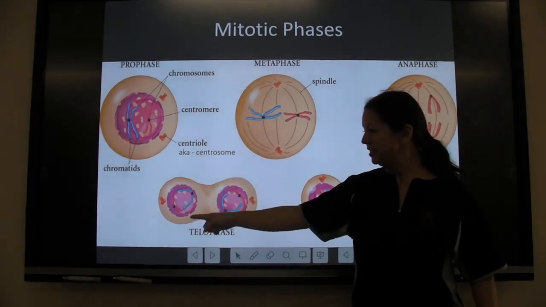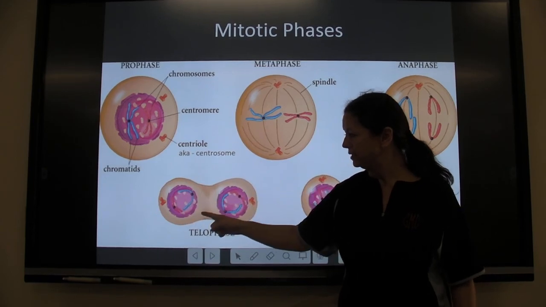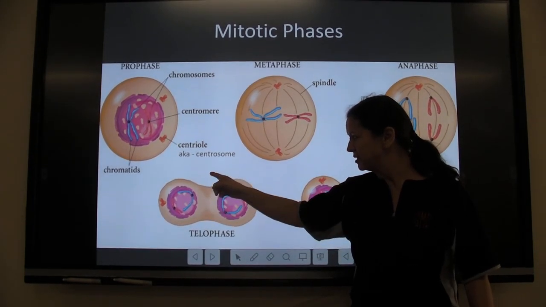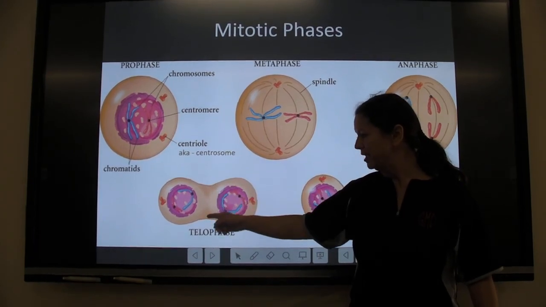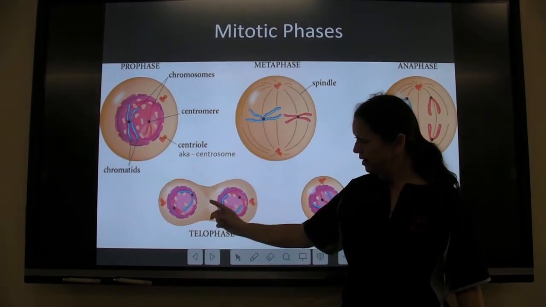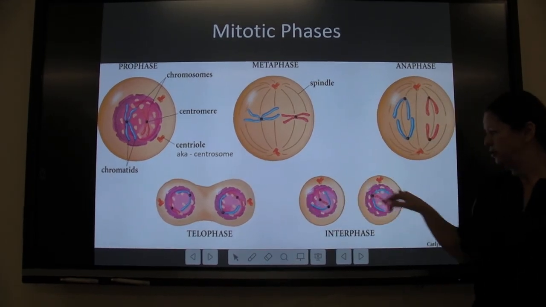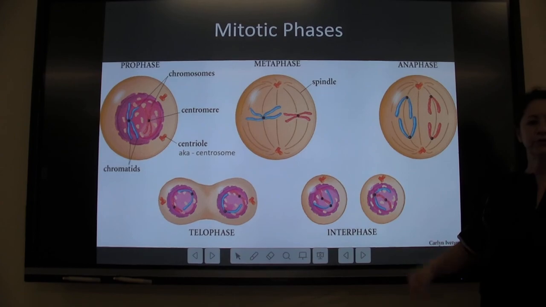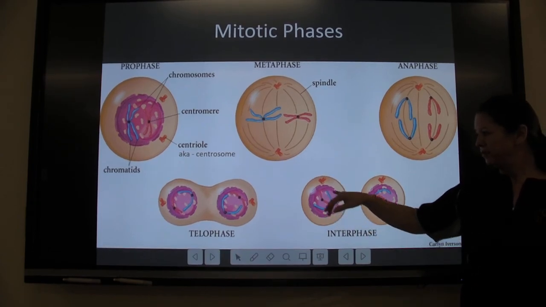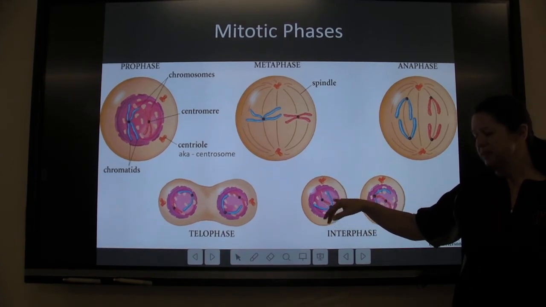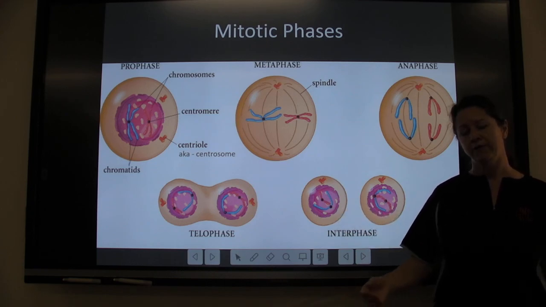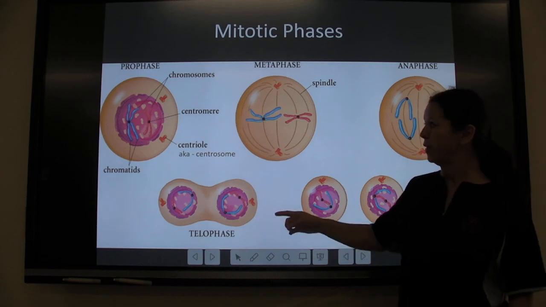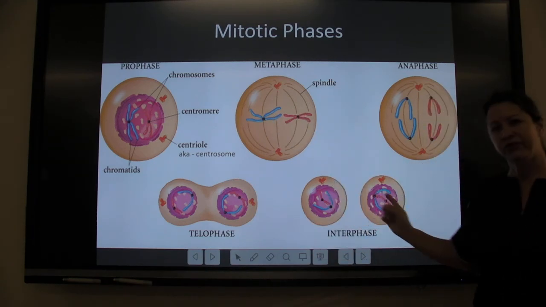All right, then you get to telophase, and you have a nucleus at one end and a nucleus at the other end, and you're starting to separate the plasma membrane. See how it's starting to pinch in right here? That's going to separate it until you have two brand new cells. And these two brand new cells are back in interphase. Okay? These are going to uncoil. You won't actually be able to see chromosomes when you're in interphase, but they just left them in this picture so that you could see that you had the halves.